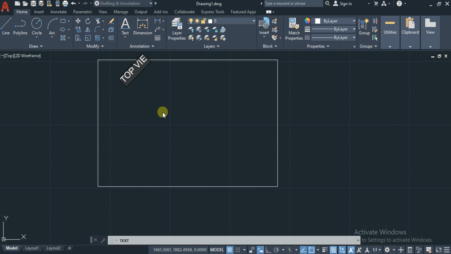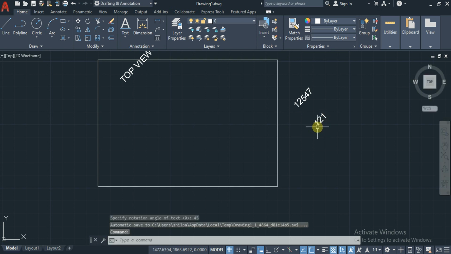Top view. Of course you can press enter to type the next line also, but they will act as different lines of text while selecting them. Once the work is over and you want to type text at another place, simply come there and type the required text. After completion, come out of the box and press escape, or give a double enter after typing the text. Like this we can apply the single line text.